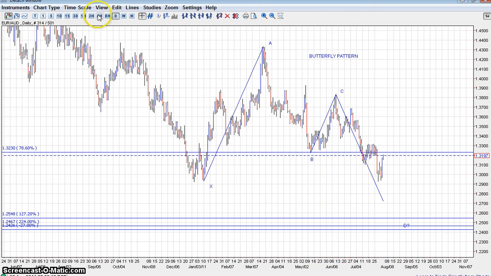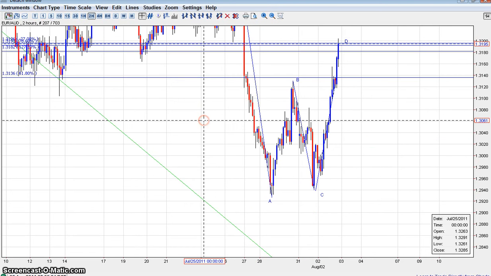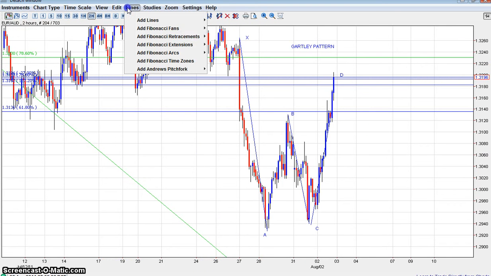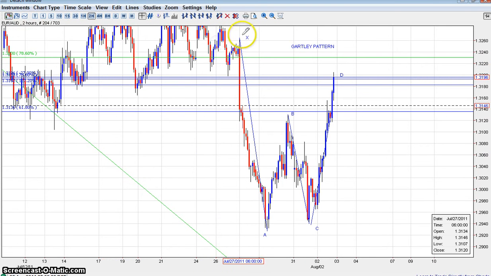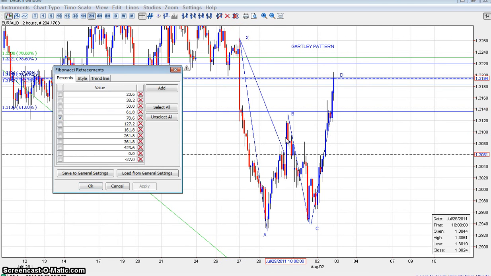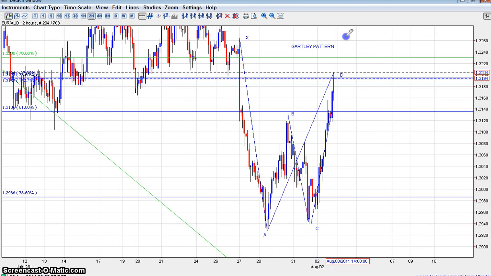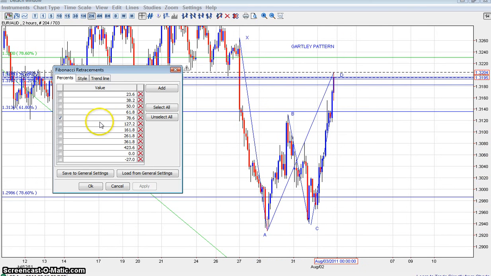So if price managed to close below the 88.6 retracement of the AD leg, let me just get that price level out, then you know there's more room to the downside. The AD leg, if price managed to close below